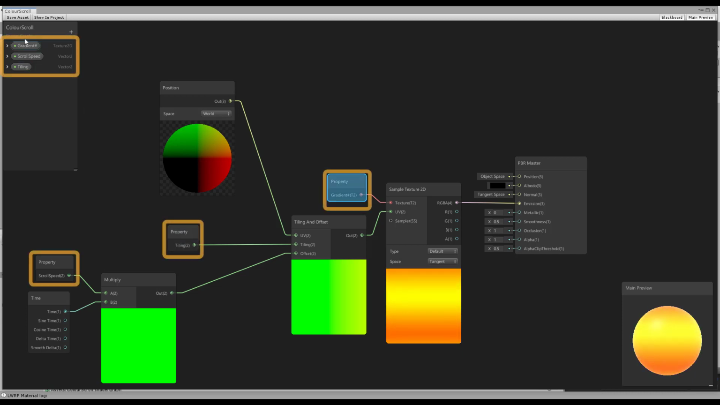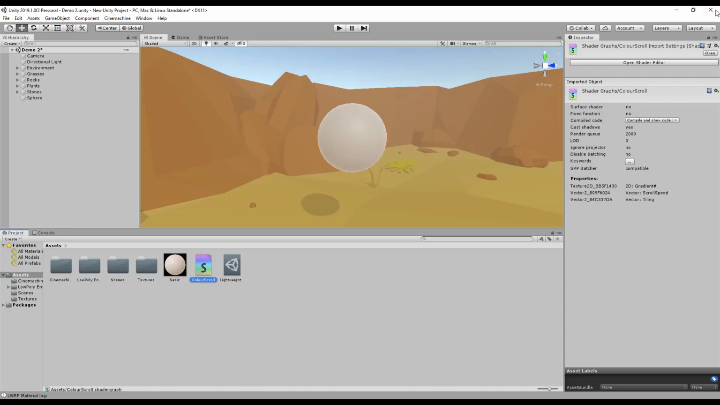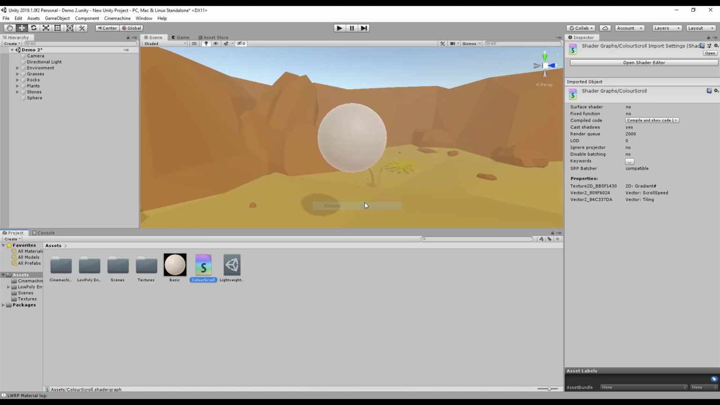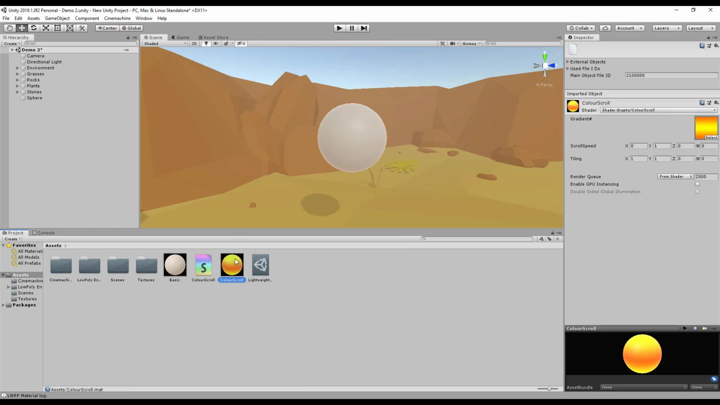The benefit of creating the parameters like this means that we can easily change these values in the editor and alter our material live in runtime. So we'll click Save Asset. We'll close the shader graph, and now to create the material, we right-click the shader, go to Create, and Material. We'll call this Color Scroll, and if I drag and drop this onto our sphere, you see we have our